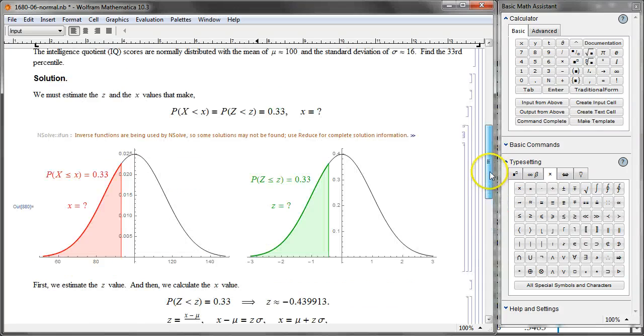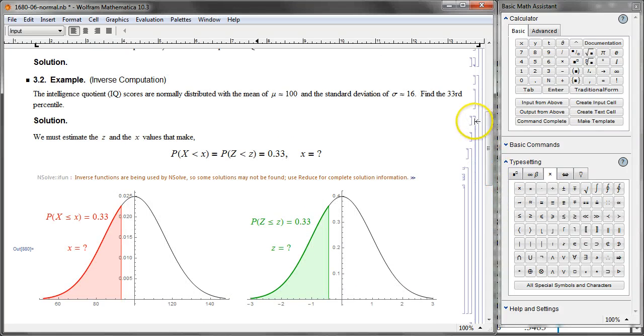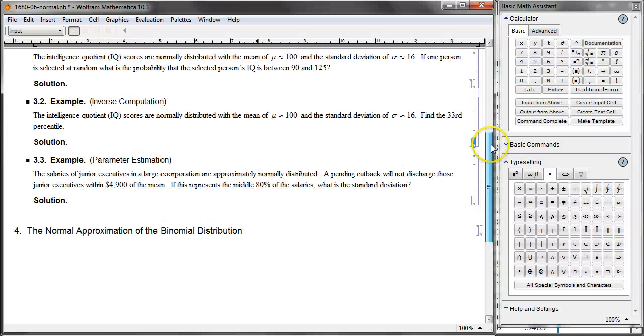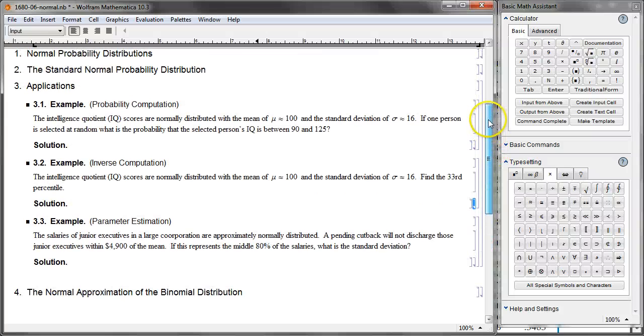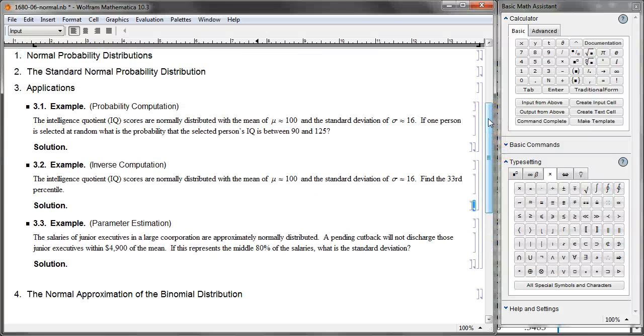Here goes an example of a backward problem. Next, let's talk about the third type of problem. This is going to be a little bit harder than the other two. The parameter